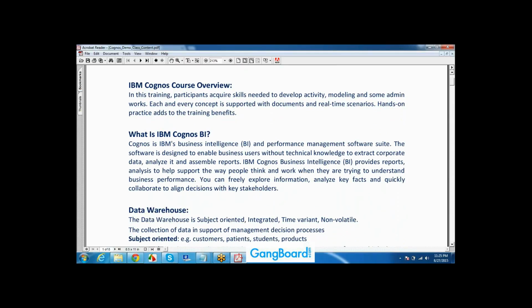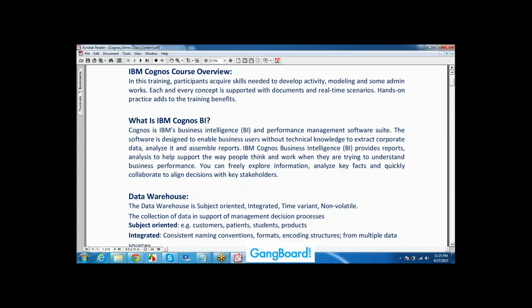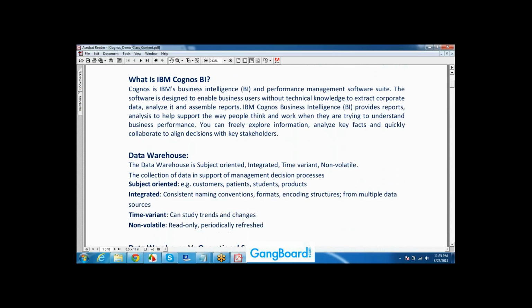Basically, Cognos is a web-based tool. Web-based tool in the sense that when you have a URL, you know a URL, right? Any URL. Likewise, if you have a URL provided to you and access has been given to you, you can access it, create some reports, and see your data. Whatever data you want to see, you can see it in an understandable format. That is called Cognos BI. Next, where all can we use it? You understood?